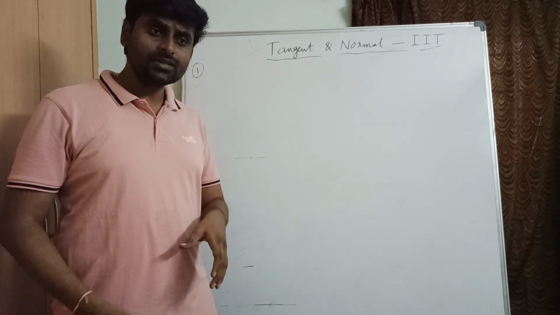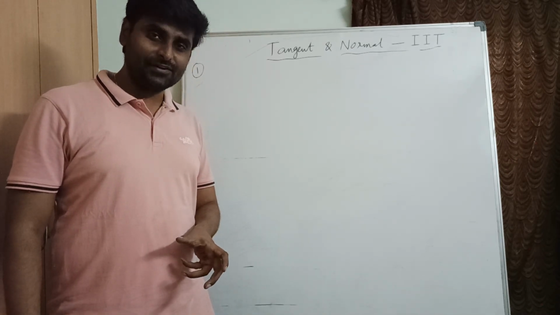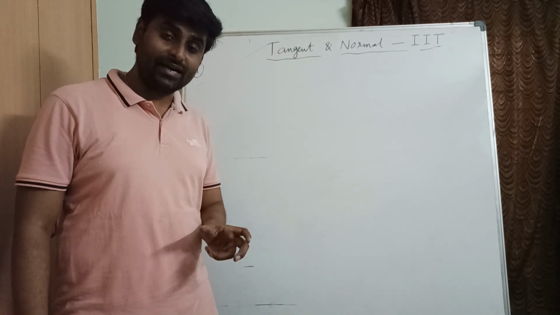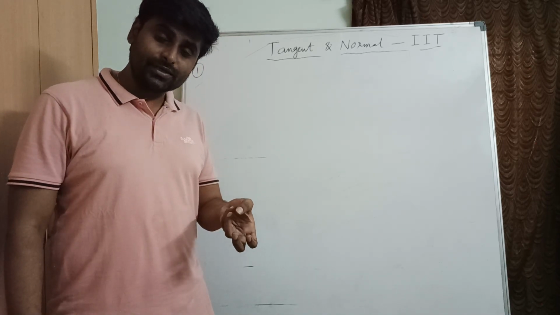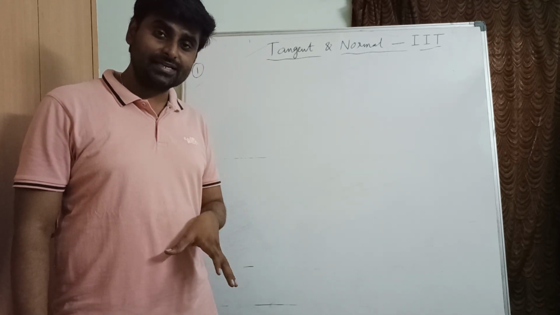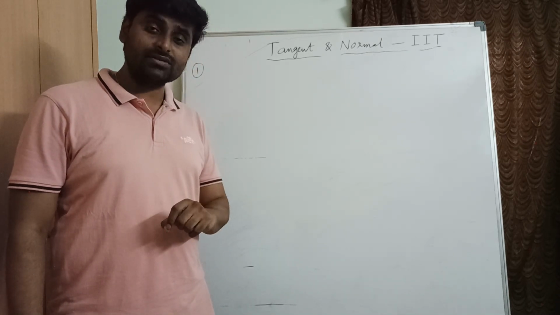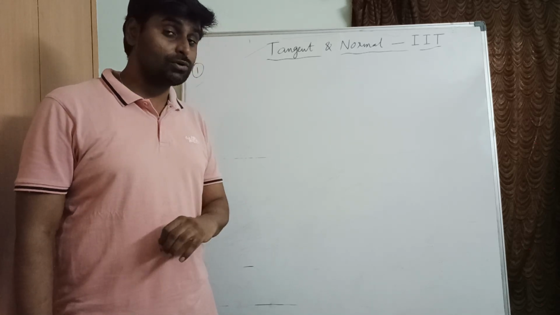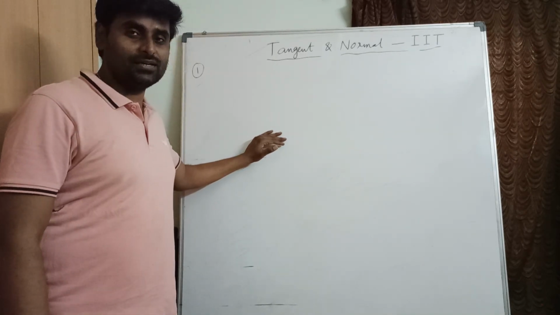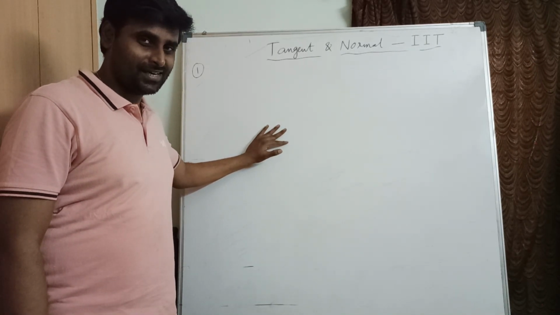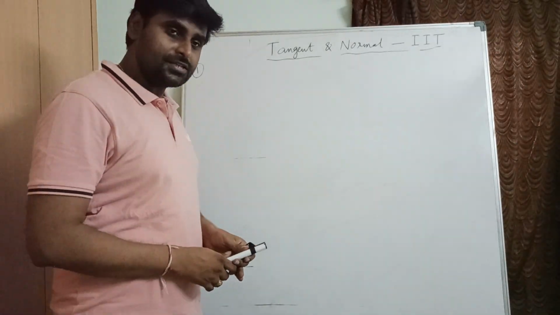Also, most of the time you will be given the equation of the curve in parametric form. In that case, especially for finding the slope of tangent, before that we take the point of contact and from that find the slope of tangent, which gives us the equation of tangent and the equation of normal. These all things we have discussed, right? So in today's lecture we are going to discuss some problems in this topic. Shall we go forward? Right, so now let us go for the first question.